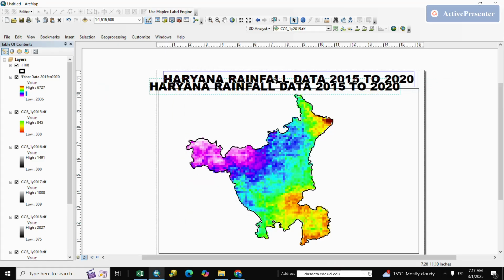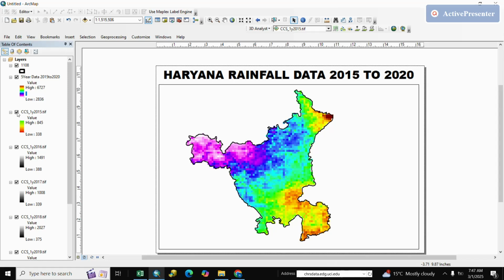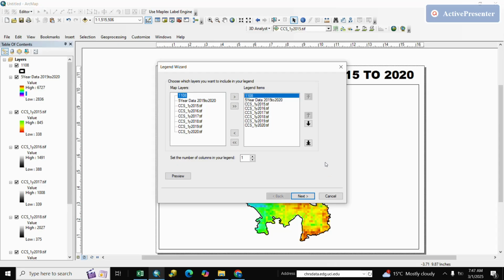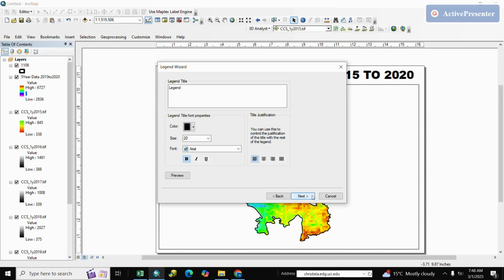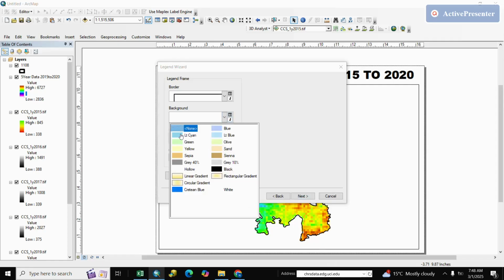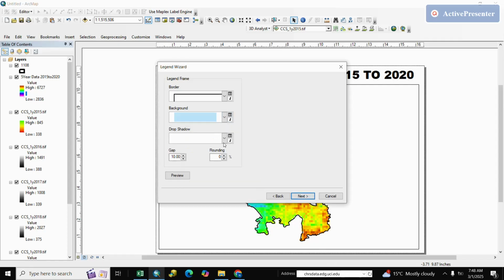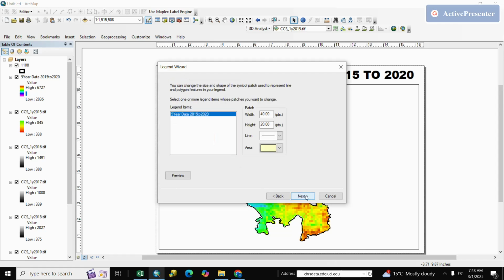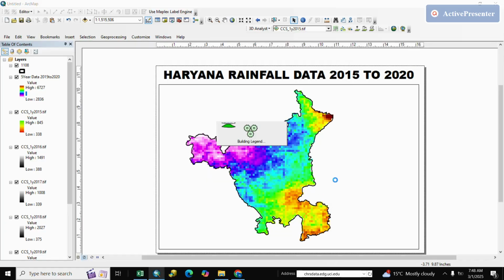We adjust it, and if you want symbology, you insert, go to legend and select here 5-year data, and we remove it, and next we select here border, background, and if you want a shadow, next and finish.